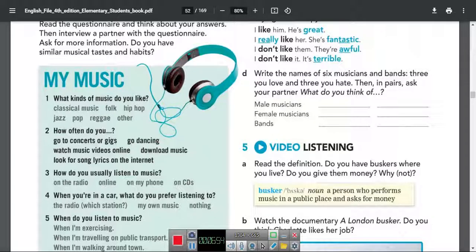How often do you go to concerts or gigs, go dancing, watch music videos online, download music, look for song